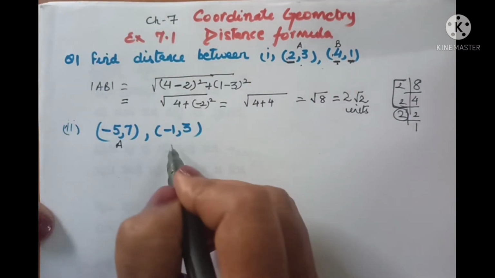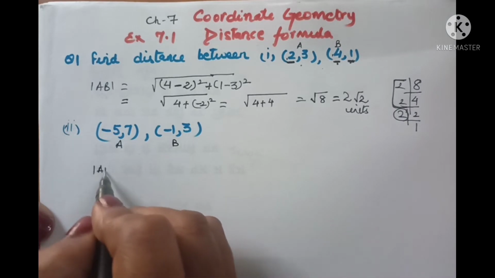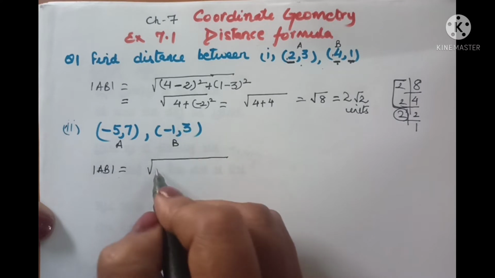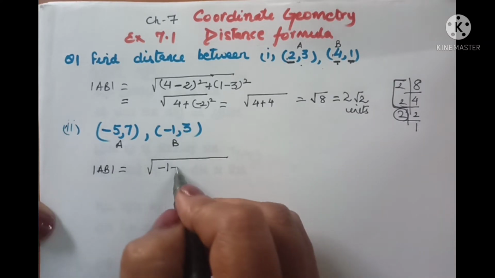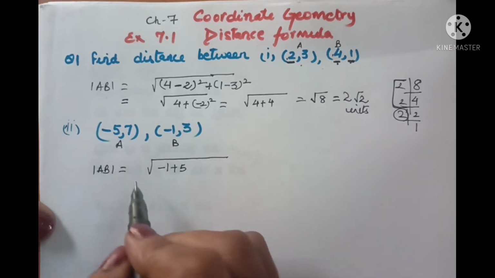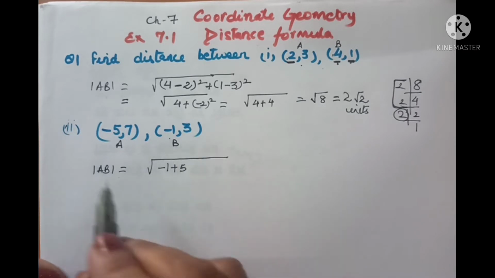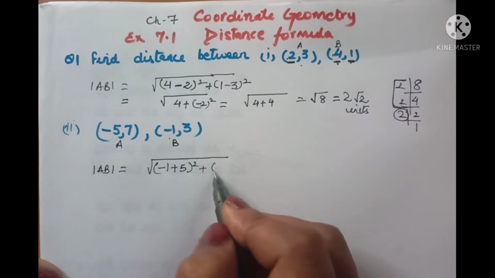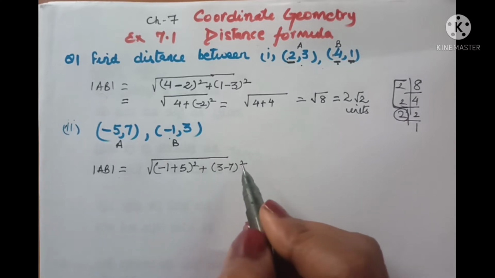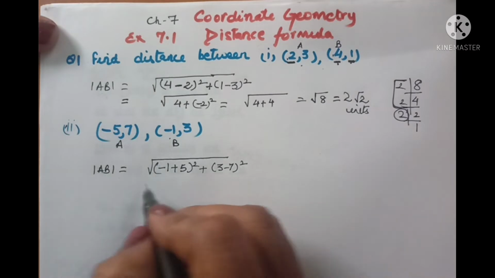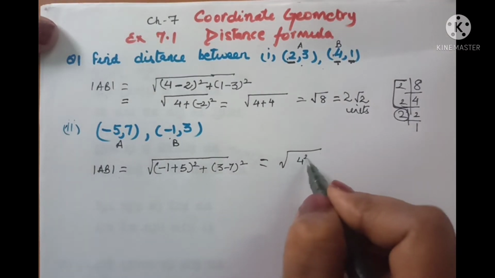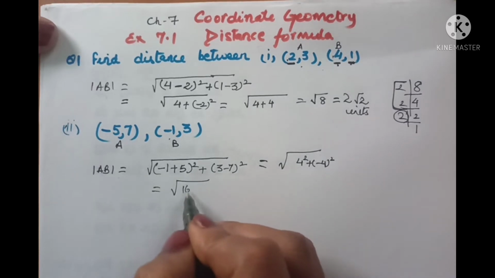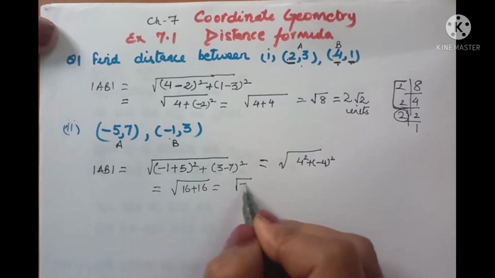Now again, like this is point A, this is point B. So see, a very easy method is that you write the x coordinate of the second and change the sign of the x coordinate of the first. See, this is a very easy thing. Minus 1 minus 5 will become plus 5. So (minus 1 plus 5) whole square and (3 minus 7) whole square, giving you 4 square plus minus 4 square, which is equal to 16 plus 16, that is root 32.